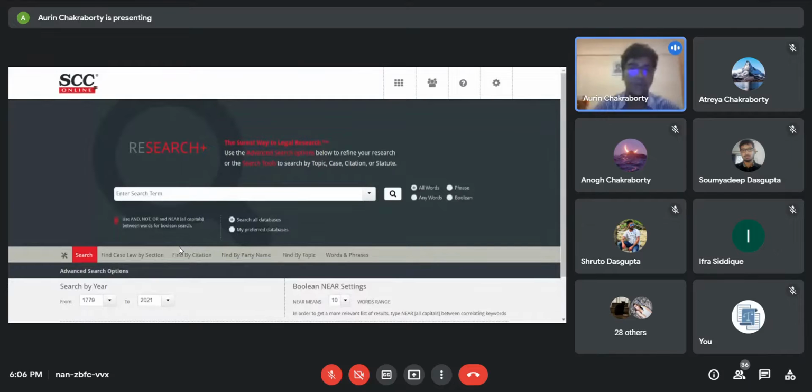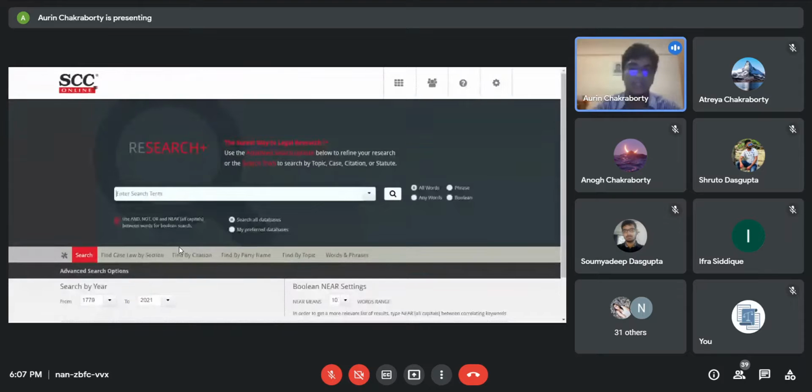First of all, there are four keywords in Boolean search which you can see over here: the AND keyword, the NOT keyword, the OR keyword, and the NEAR keyword. I'll start with the NEAR keyword rather, because the AND keyword is essentially a default setting.